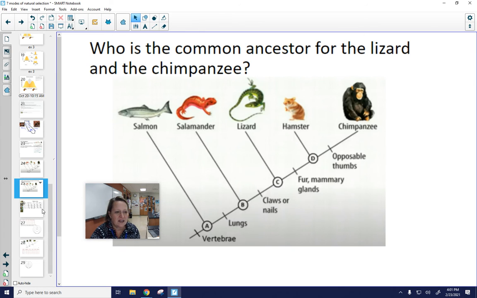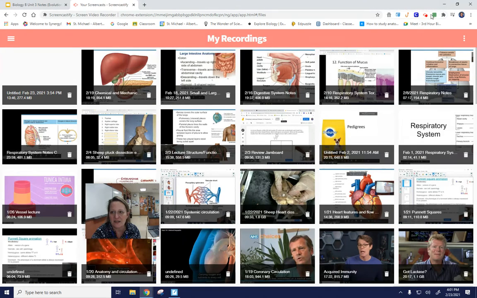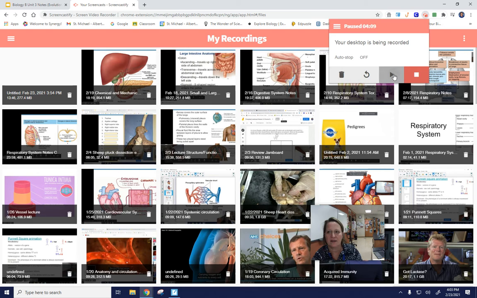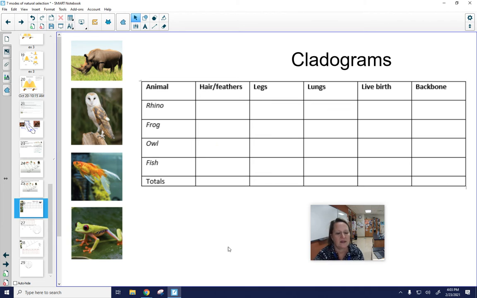The next thing that I want to do is to show you how we go about creating these. And so I'm going to pause this for a second. So what we're going to do is we're going to take the traits and figure out which organisms, which species have those traits. And we're just going to put a check mark in the box to indicate whether or not